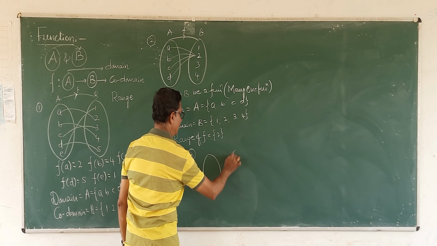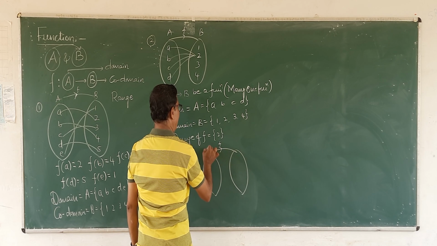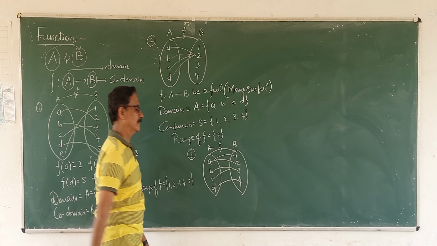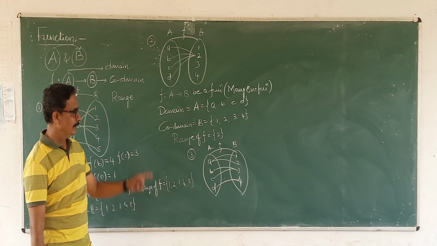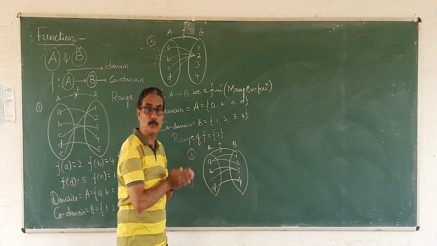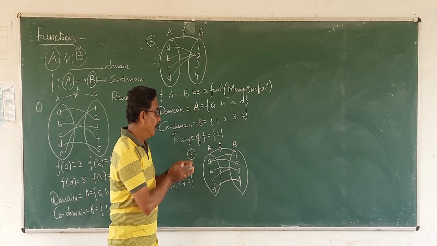Next, another example. Verify whether it is a function or not. A and B are two sets. A is a set consisting of 4 elements. B is a set consisting of 4 elements. Verify whether it is a function or not. Yes or no? It is not a function. Why? Because the image of element A is associated with 2 elements. From one element, two images should not go. The images of all the elements can meet at one place, but a single element cannot split. All the elements can gather together and attend one function, but one person cannot attend two functions at the same day, same time, isn't it?